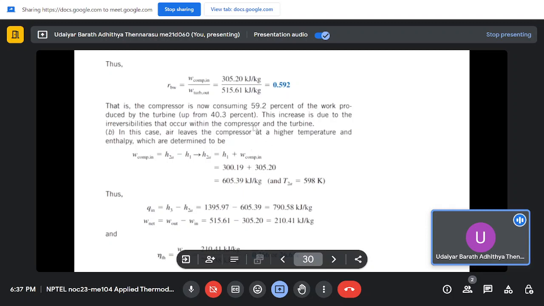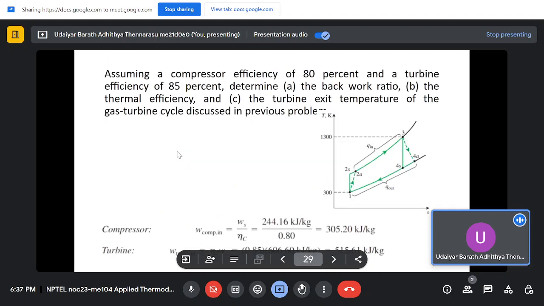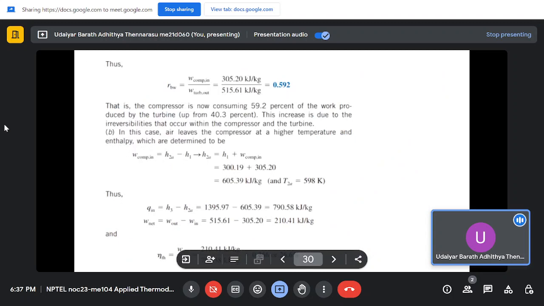So next we need to find out the temperatures. We can use the compressor work formula for reversible adiabatic work to find the temperature, or we know the enthalpy, so we can find the enthalpy at state 2a, which is the new, actual state. So H2a minus H1 will be the compressor work in. So H2a will be 605.39. So your temperature at that corresponding enthalpy is 598 Kelvin,